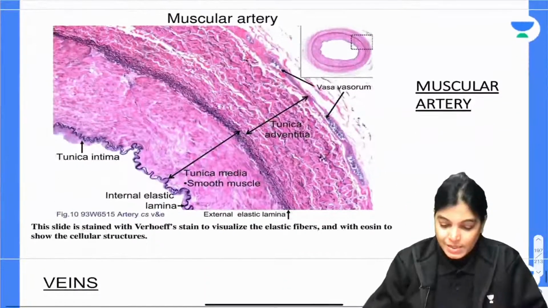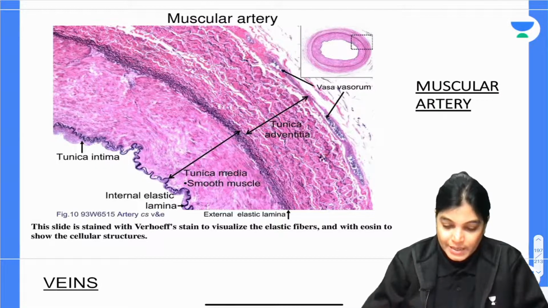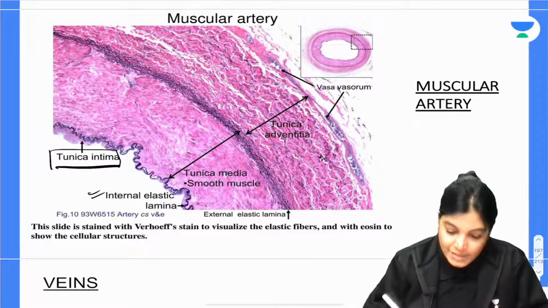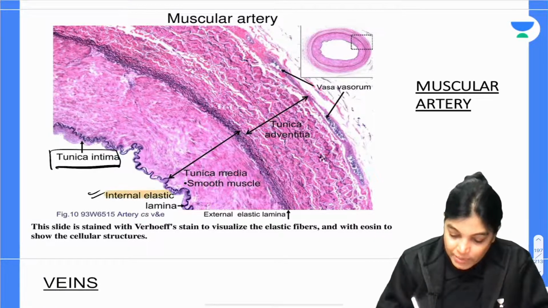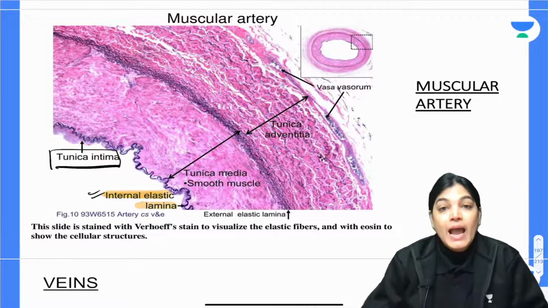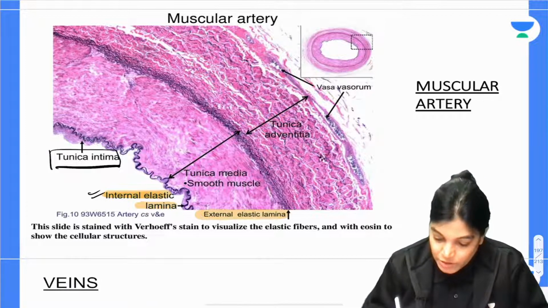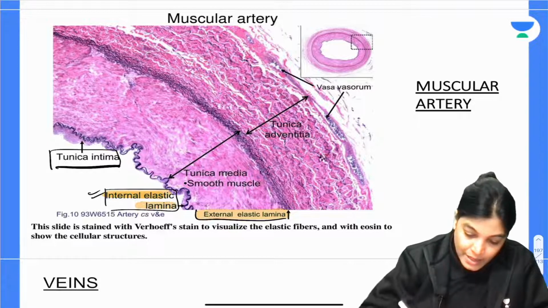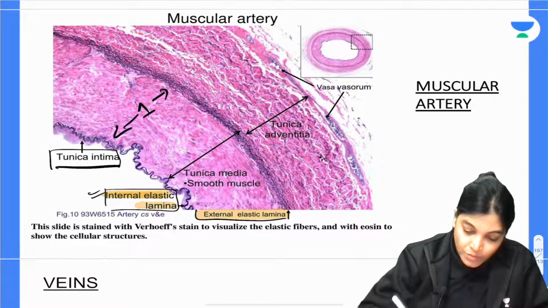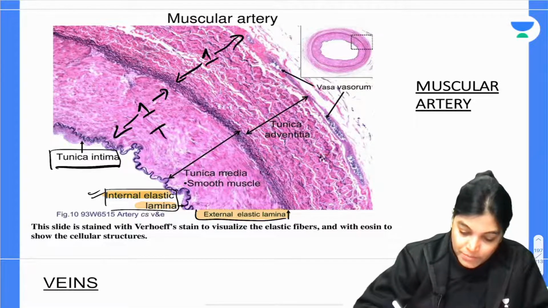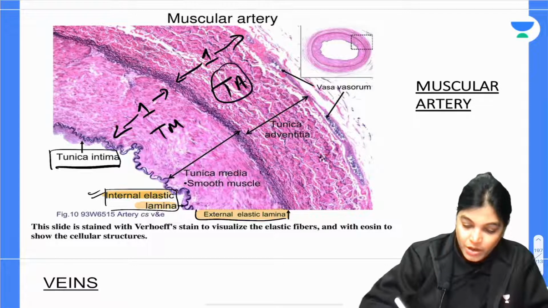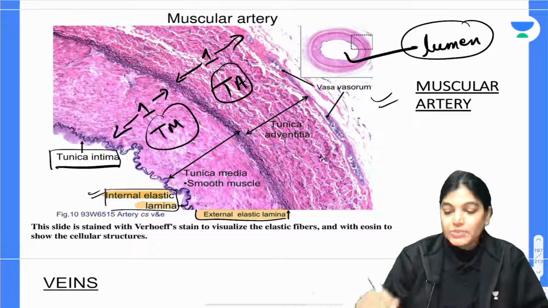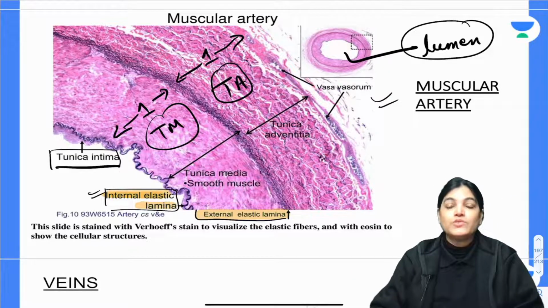One more image is there for the muscular artery, where you can see the tunica intima has been shown very clearly. The beautiful internal elastic lamina has been shown, with its refractile nature, and the external elastic lamina has also been shown. So here you can see the internal elastic lamina, the external elastic lamina, and the thickness ratio of tunica media to tunica adventitia is 1:1. Generally the lumen of a muscular artery is a rounded lumen, visualized when we go for